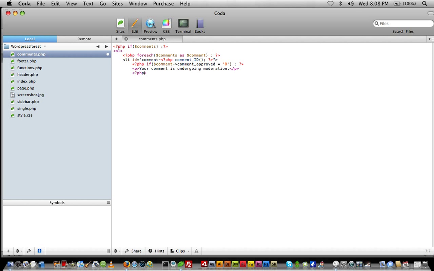And we'll end that if statement. Okay, now we're still inside our for each loop, and now we need to actually display the comment text. This is a lot like being inside of the WordPress loop when you're dealing with posts and pages. Instead of using the content, we're going to use PHP comment_text. It's a pretty logical thing to name it, and that will display the actual comment text